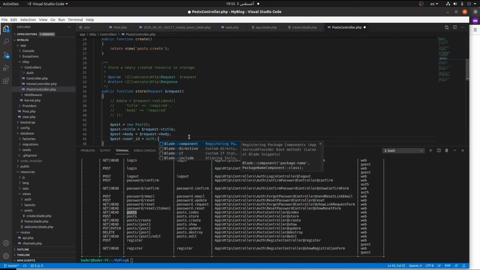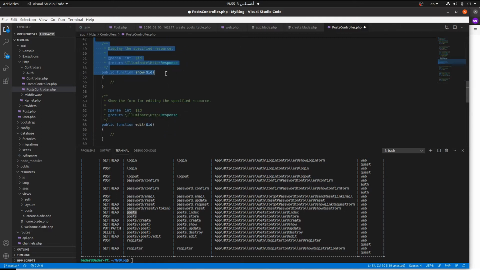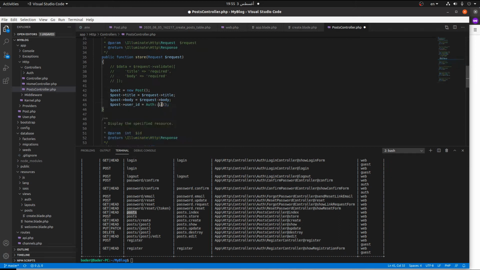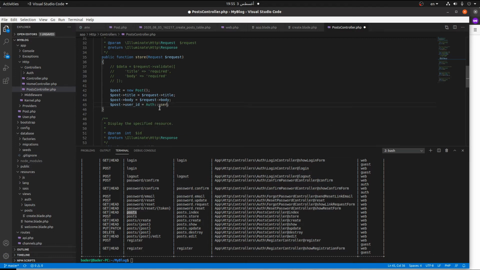This comes from Laravel, auth and then ID. This class is in Laravel to get any data related to the current user. So the authenticated user, I'm telling Laravel to give me the authenticated user. We are using a class in Laravel, so give me the authenticated user, and fire up this function in the authenticated user class, which gives you the ID. You can also return the user to get the username,